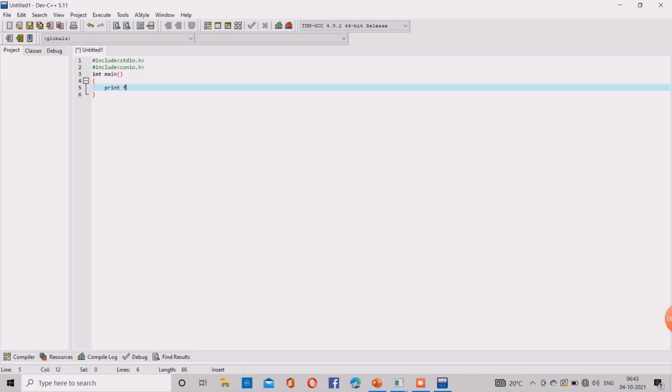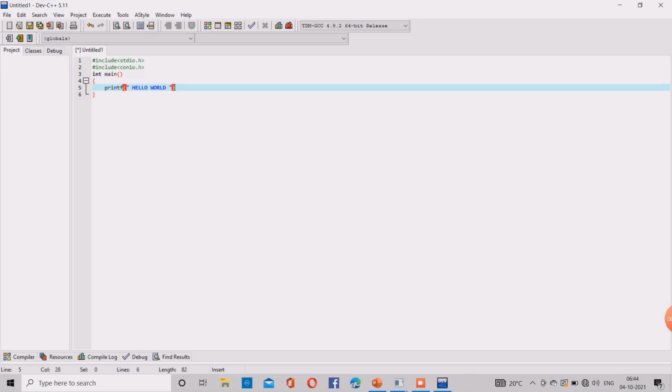Before printf you open the curly braces, and after getch you close the curly braces. You can see in my video, on the screen, how we can write a simple program, hello world. So see, we have not included a documentation section in this program.